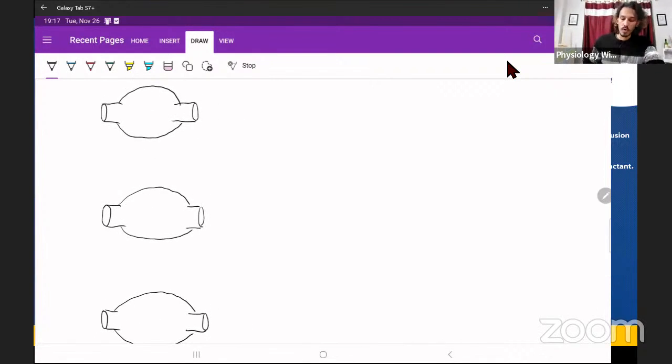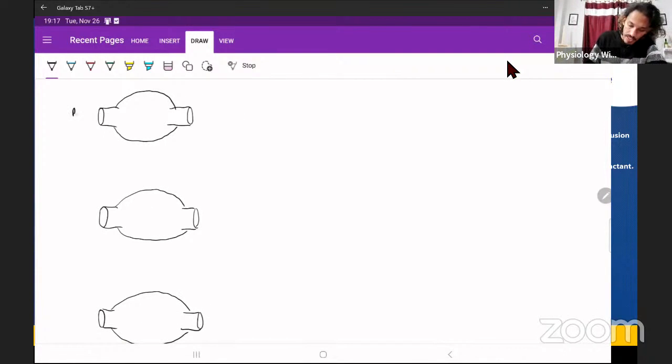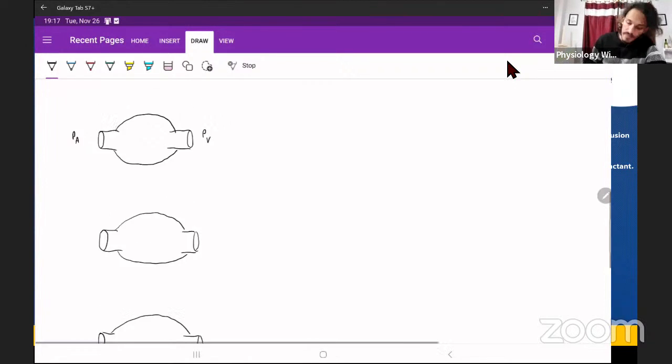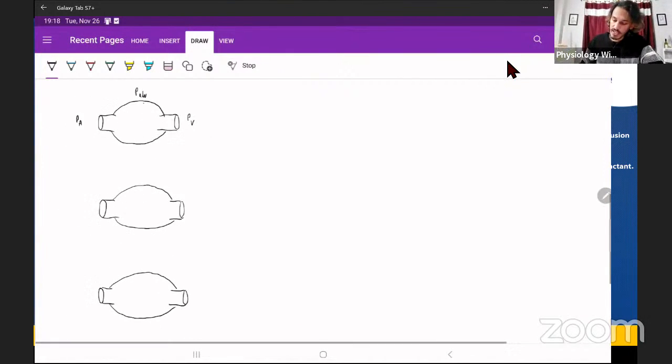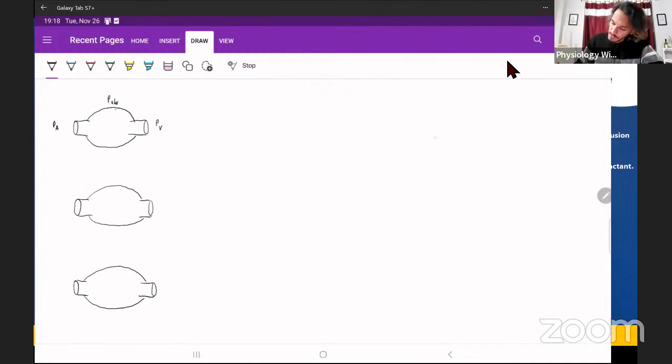Okay. So on one side, we have the pulmonary arterial pressure. The other side, pulmonary venous pressure. And here we have the alveolar pressure, pulmonary alveolar pressure. Inside it will be the pulmonary capillary. The pressure of that will be denoted by P cap. Now, if we take a look at your lungs,